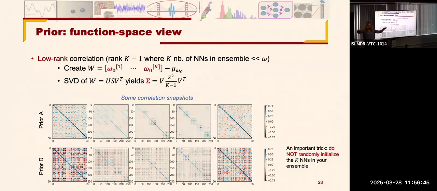And so when you pre-train them to different functions, you actually end up with zero correlation. But that comes from the fact that they were randomly initialized. So instead, what we do is that we initialize one neural network randomly, and then we pre-train all of them starting from that specific point. And so what that means is that really the correlation captures how these neural networks have diverged to go through different